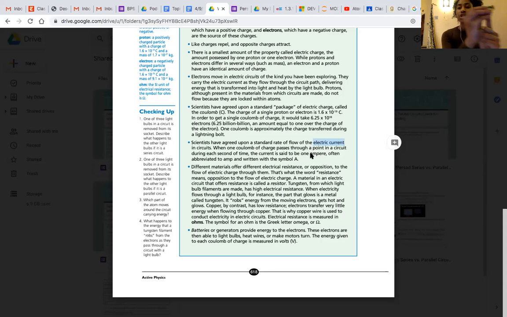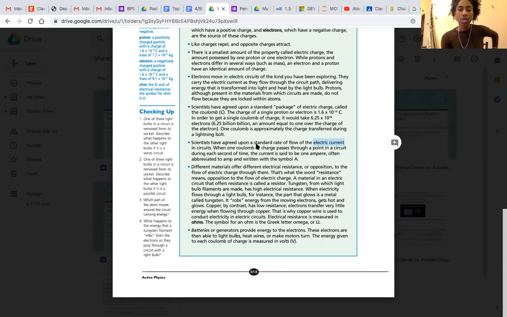Carrying the energy to the appliances, right? How fast they are doing that is the current. So how fast per second a coulomb moves past a certain point is the current. And that is measured in amperes. And sometimes we just say amps, right? And that is symbolized by a capital A,